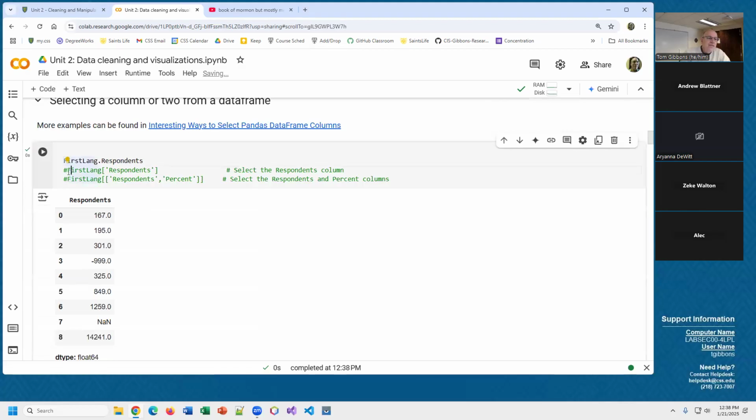And there are different ways of doing that. One thing you'll find in Python is there are often ten ways of doing the same exact thing. So I can say first_language, bracket, quotes, respondents, and that does the same thing here. If I want to do a couple of columns, and again, I'm just commenting out some of these and uncommenting others,